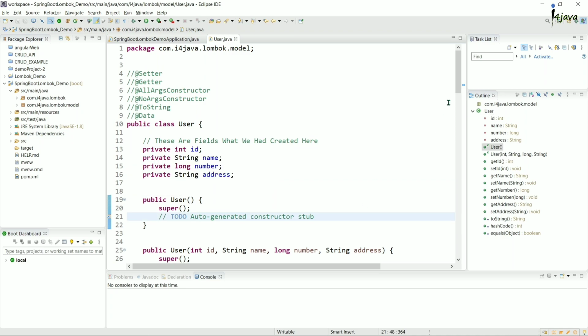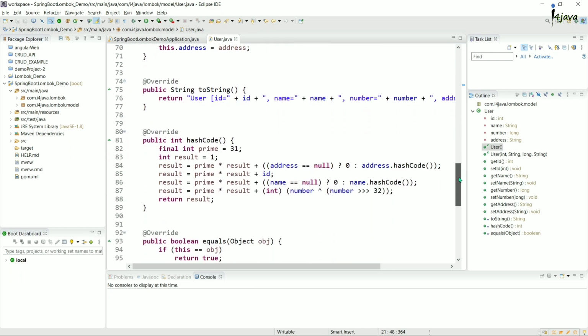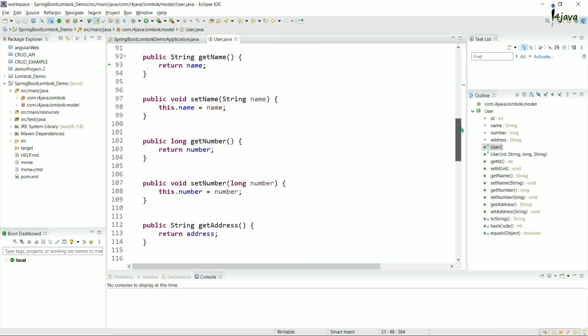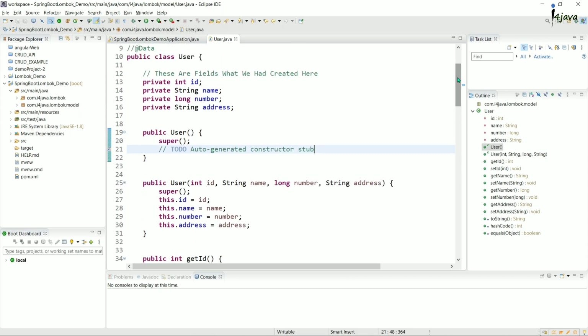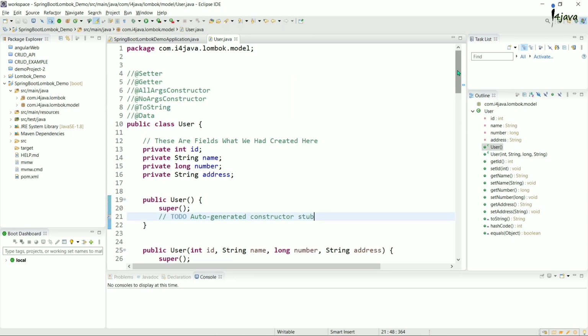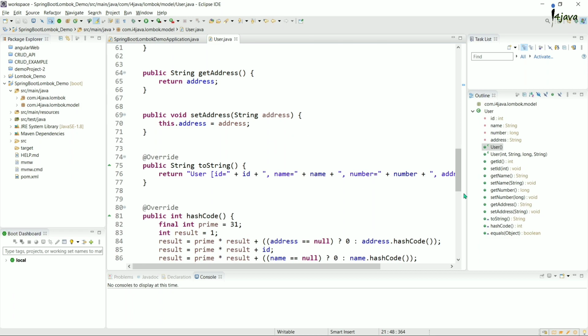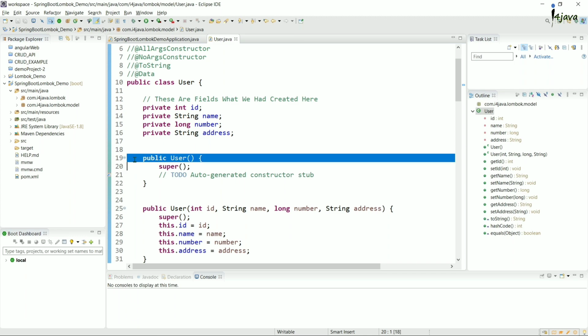So these are our constructor, setter, getter and toString methods which we have to write explicitly. These are the common steps we have to follow in every model class. To come out of this problem, here we have Lombok.